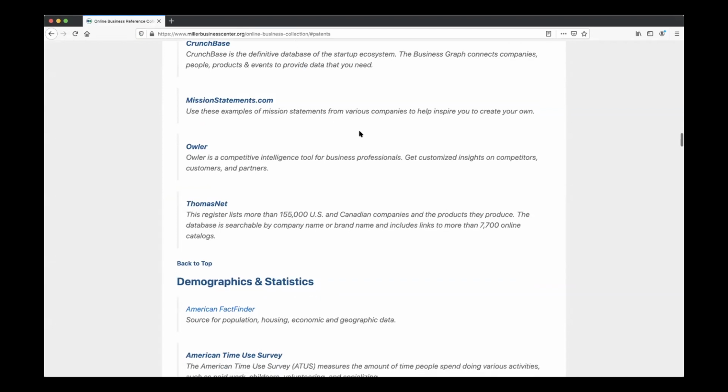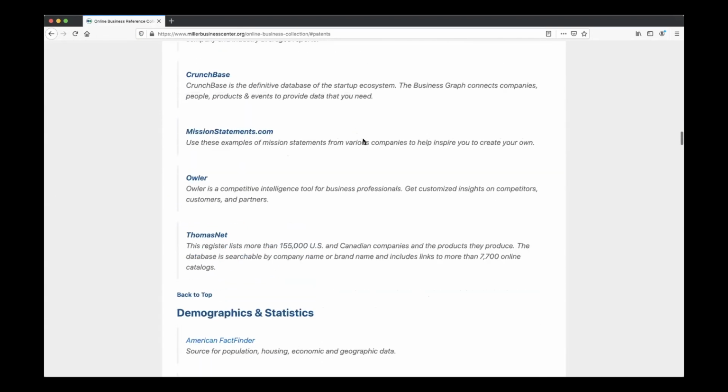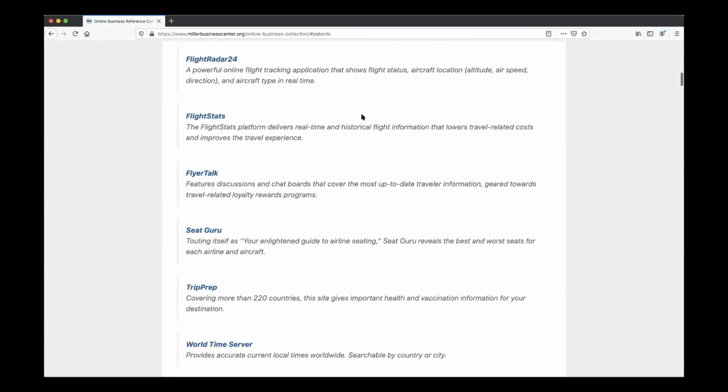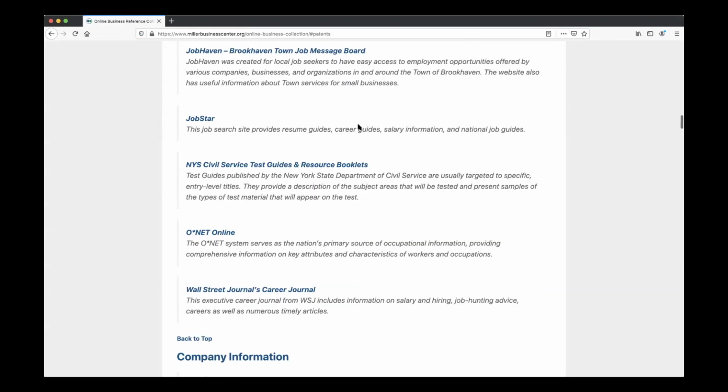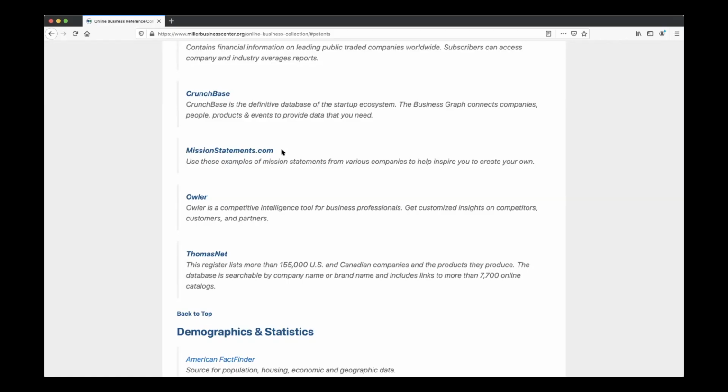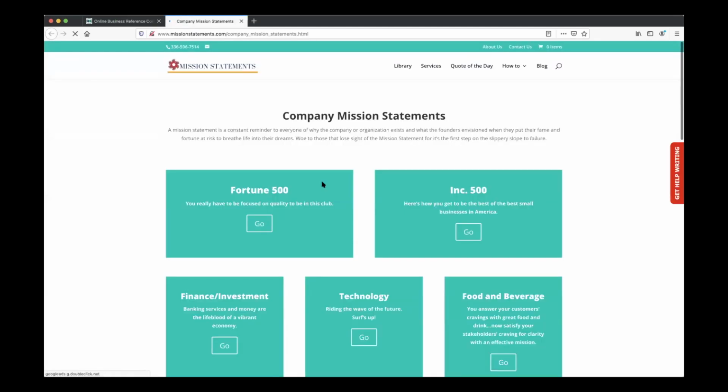So some of you might be in the process of building your business, creating a business plan, and perhaps you want to get some inspiration on how you're going to move forward with your business. And I recommend a great resource called missionstatements.com as a place where you can go to get examples of mission